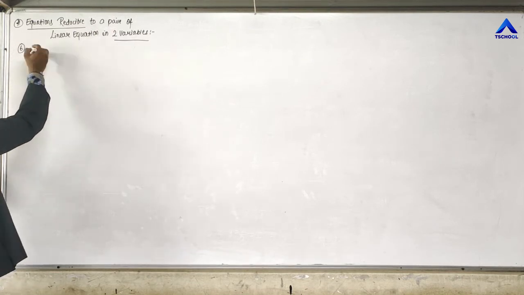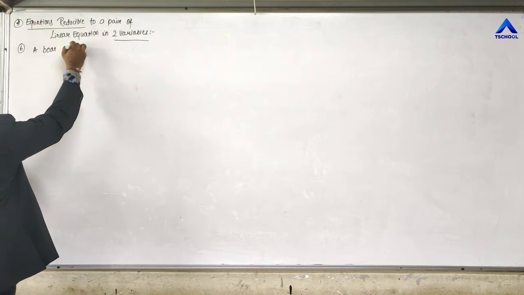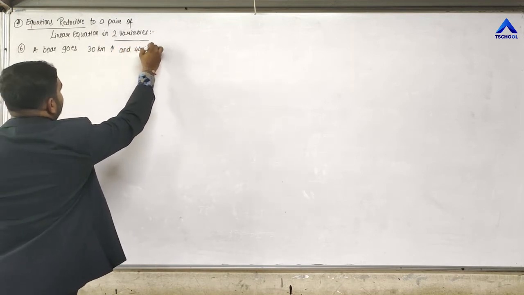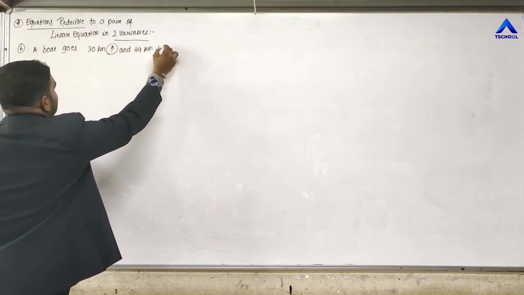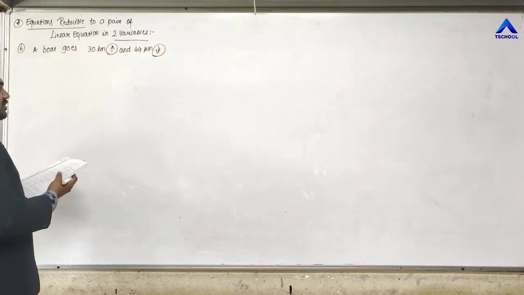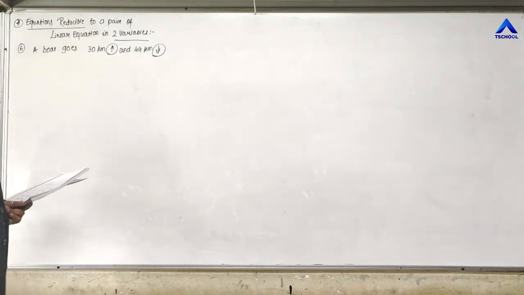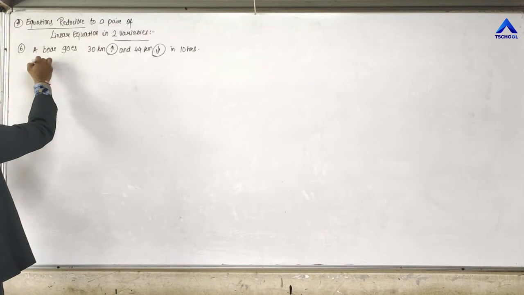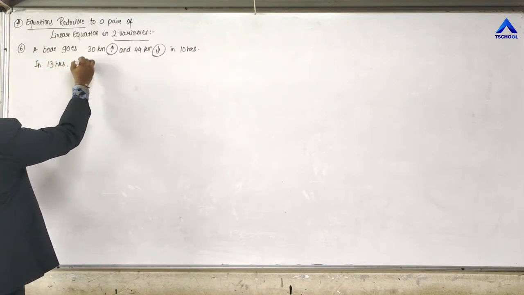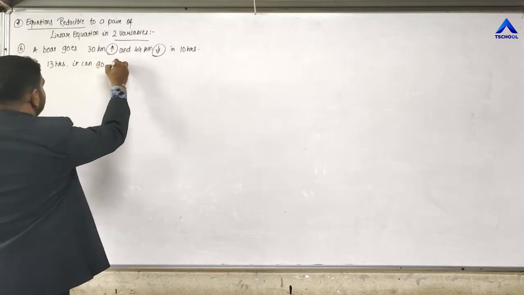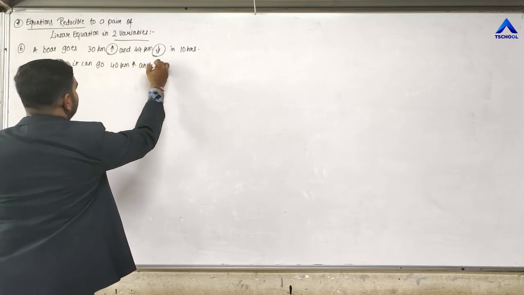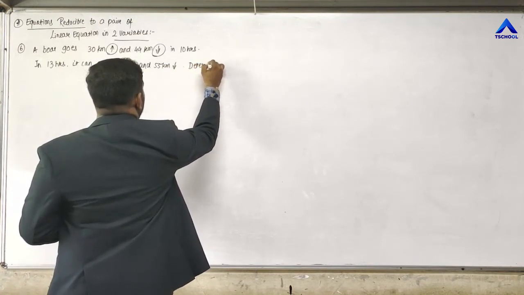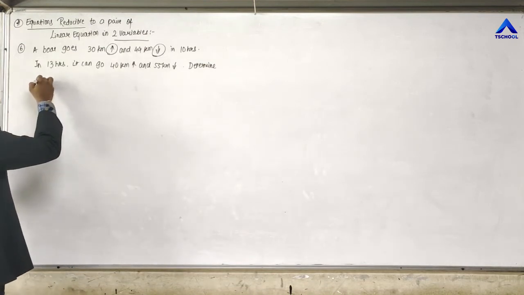So the question here to you is, a boat goes 30 km upstream and 44 km downstream. See, note that friends, this I have written here to save the time, that up arrow means upstream and down arrow means downstream, right, in 10 hours. The second condition, that is in 13 hours it can go 40 km upstream and 55 km downstream. Determine the speed of the stream